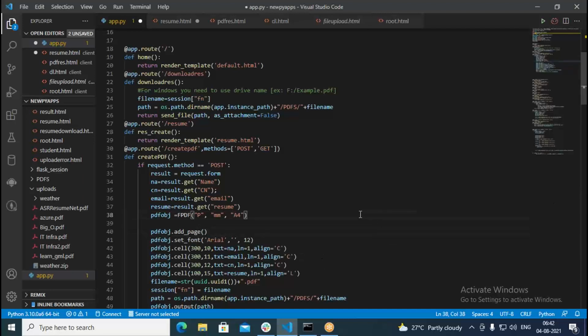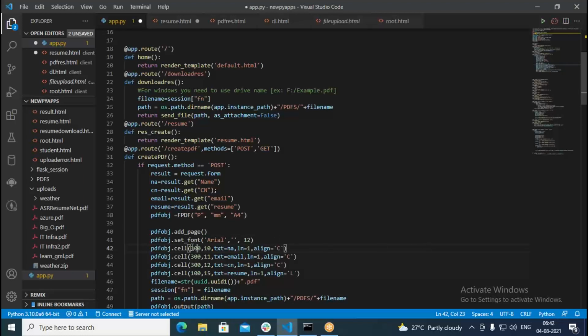Then after that, I am going with the font. I should set a font. Font is nothing but Arial font. Then followed by PDF object.cell. Using the cell method, we can add text to the PDF file. So exactly here it's going to be in the 300 position.